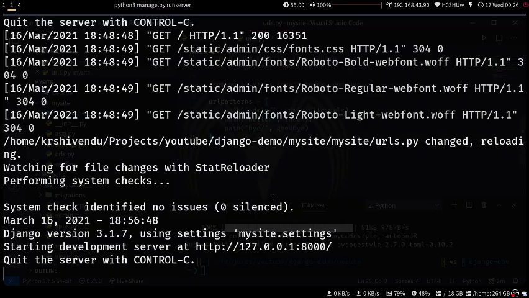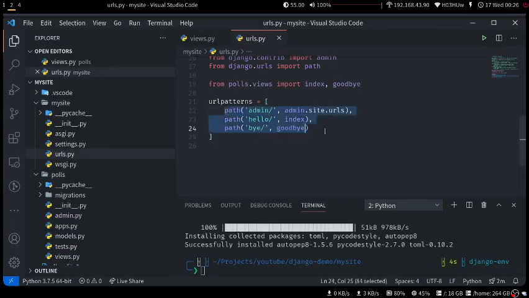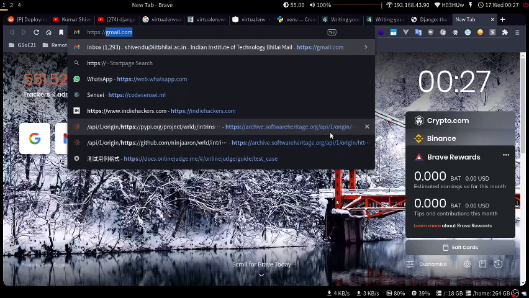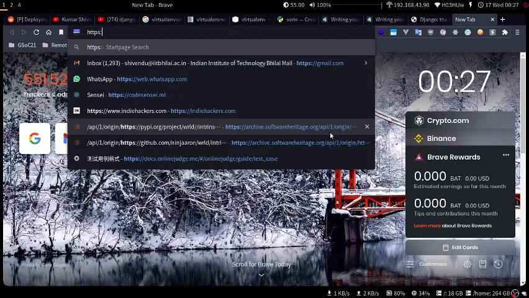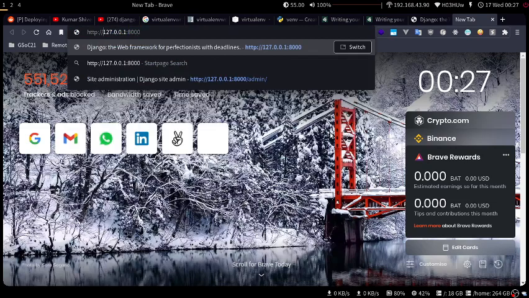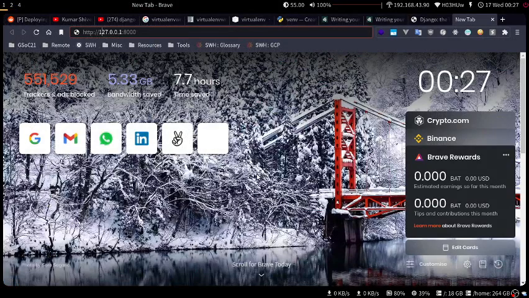Okay, so now let us test our changes. Basically Django will reload itself as you make changes in the files. Django is looking for all those changes, so in the background it has reloaded everything. So now let us go back to HTTP 127. This was our original server, right? So you can see HTTP this much. We are going there.